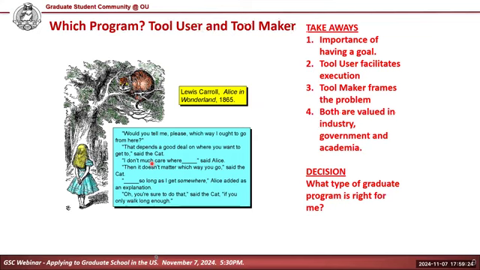Okay. So what's the point? It is important when you decide on going to graduate school to say why you're going to graduate school and what you wish to get out of graduate school. So you have to have a goal. This is the type of education I want. It's not just saying, I want to go to a graduate school and I want to study this or I'll study anything, etc. So the second thing you have to decide is, hey, look, when I go to a graduate school, do I want to leave as a tool user or do I want to leave as a tool maker?